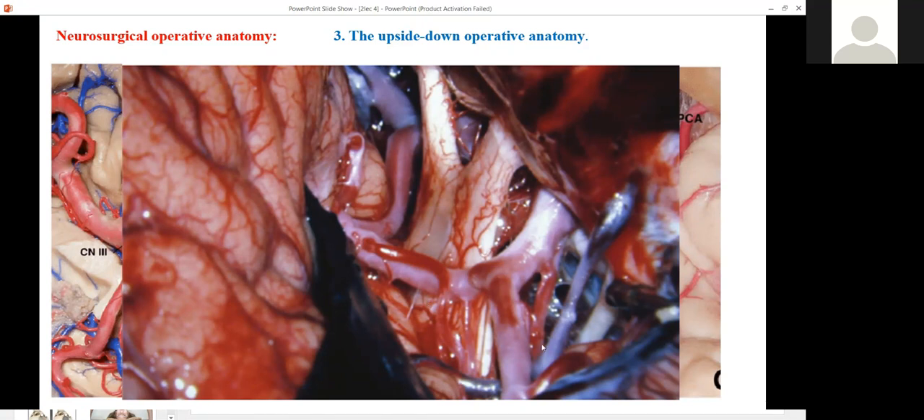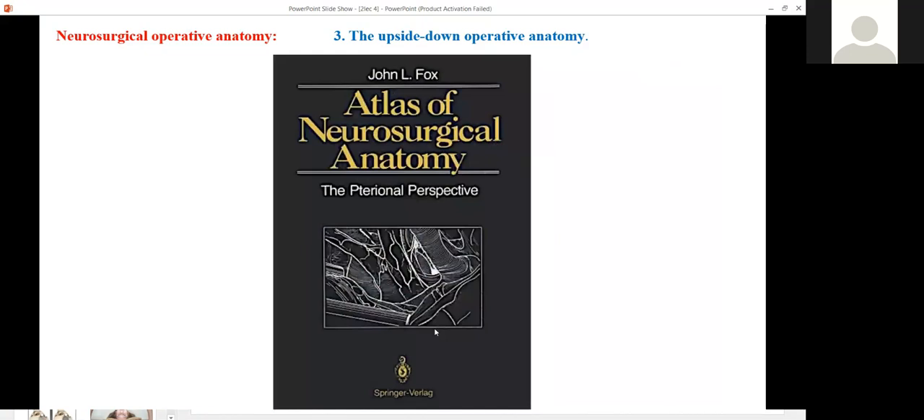These are one of the most common views, and it represents an upside down anatomy with a little oblique view. One of the best books that demonstrate this concept that we are discussing in this lecture, the upside down operative anatomy, is the Atlas of Neurosurgical Anatomy from John Fawkes. It's maybe not a very well known book because it's not a new book, but this book has a special idea